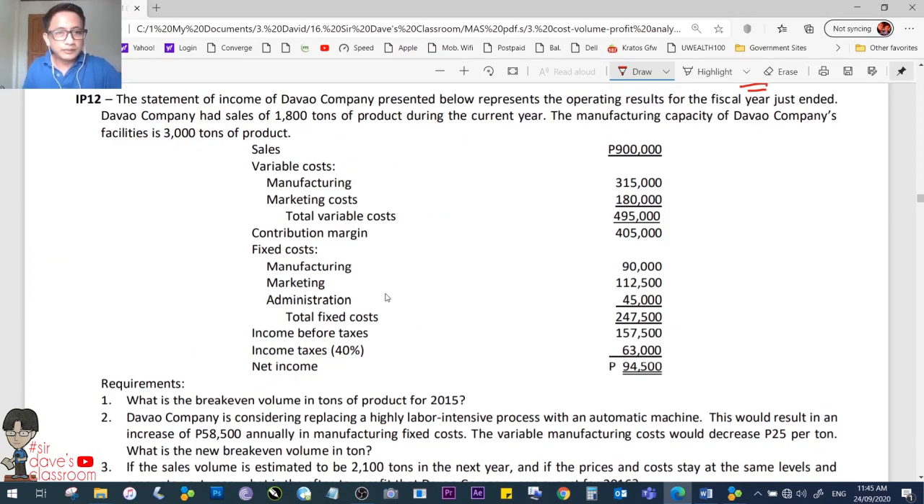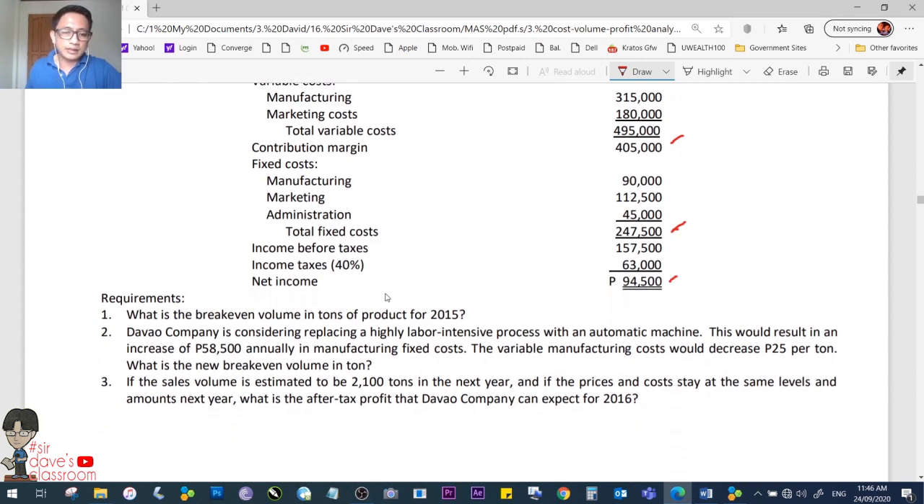IP number 12. The statement of income of Davao Company presented below represents the operating results for the fiscal year just ended. The company had sales of 1,800 units in number of tons of product during the current year. The manufacturing capacity of Davao Company's facilities is 3,000 tons of product. You have sales of 900,000, contribution margin of 405, total fixed of 247,500, and net income of 94,500. What is the break-even volume in number of tons